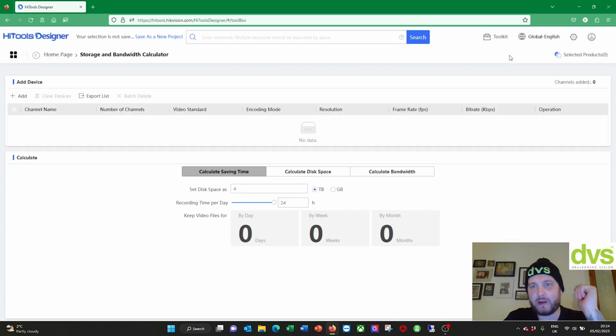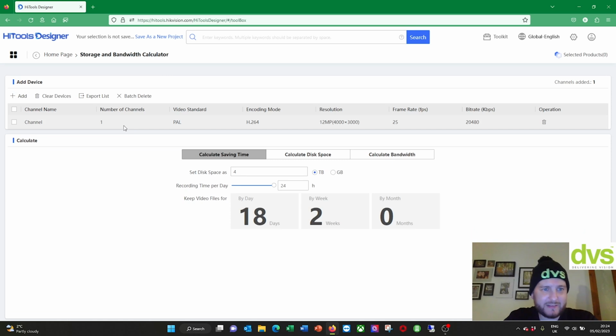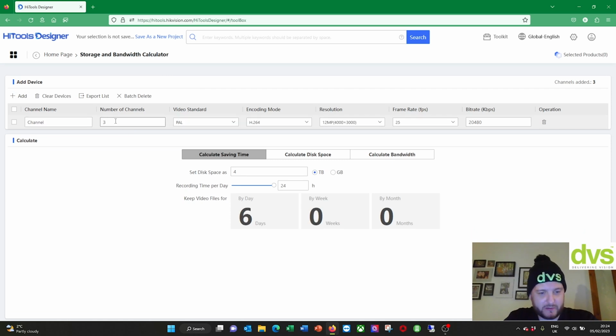Click on the storage and bandwidth calculator, and it's very familiar to the previous version. So I can add cameras. So if I want to create a 32 channel system, it's really easy, or I could call it front door. I could really go to town on this. Number of channels, 1,